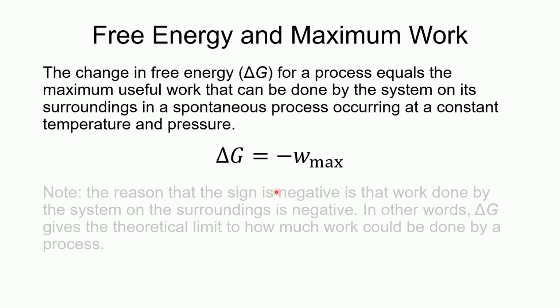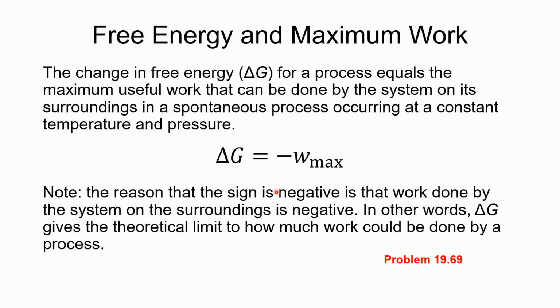Now, the reason that that number is negative is because by convention, when work is being done by the system on the surroundings, then the value for W is going to end up being negative. So we do this little sign switch here, and hopefully that's not too terribly confusing, but this is our formula. So delta G will give us this. So let's look at number 69